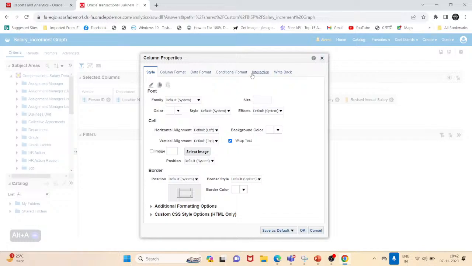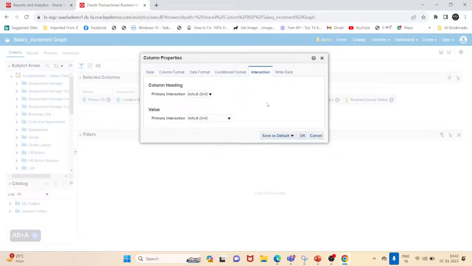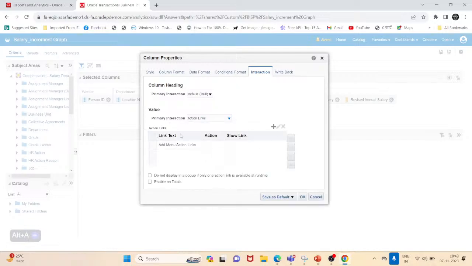So we have already created our analysis, and now we are going to add an action link. So we will click on interactions, and after that we are going to choose action link. So now we need to add an action link,